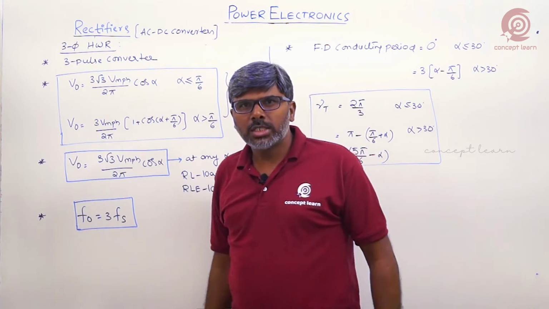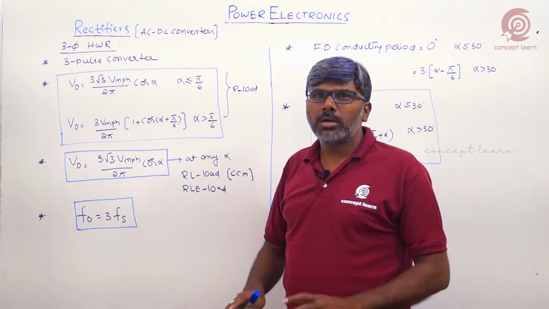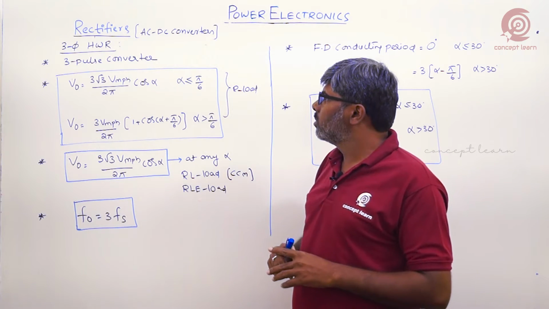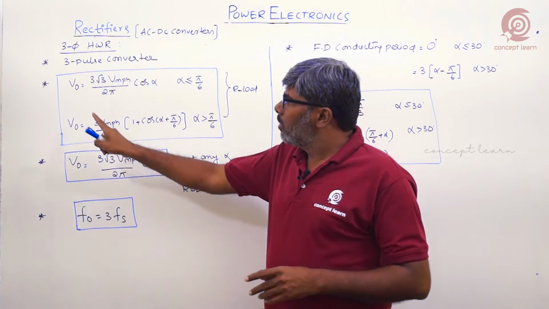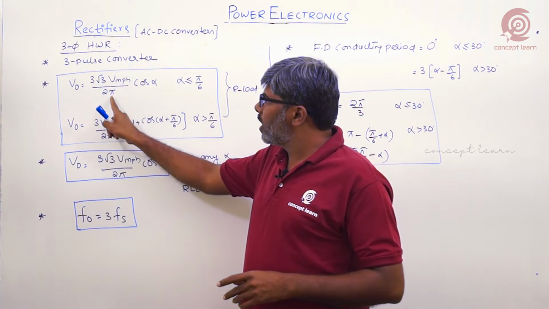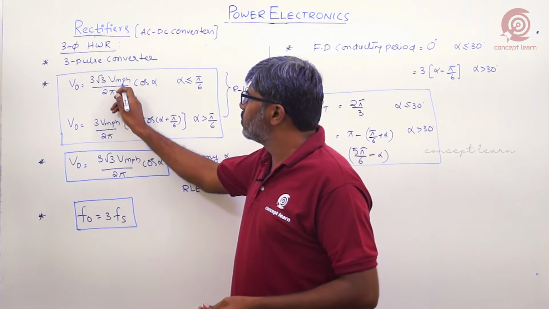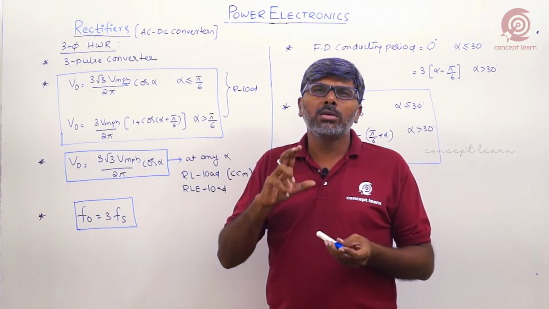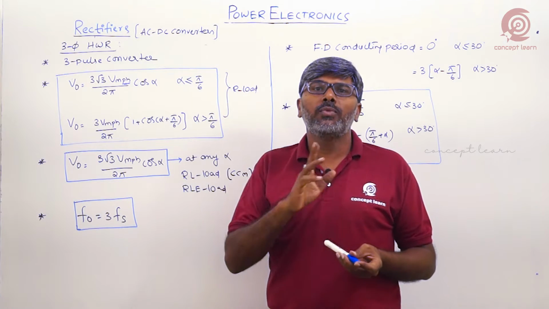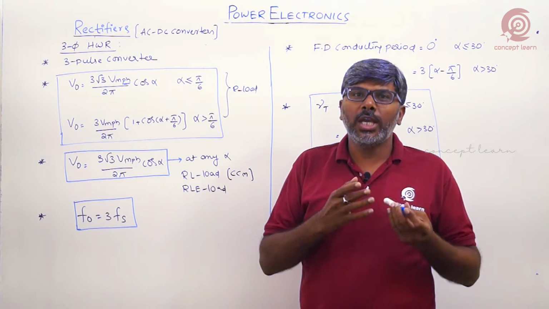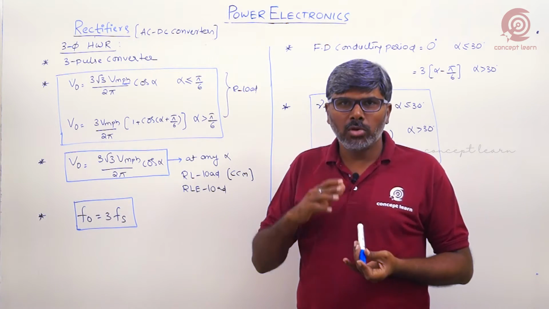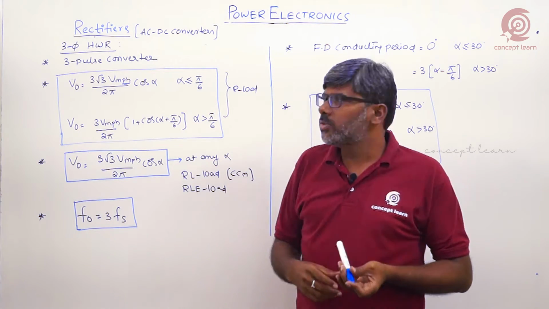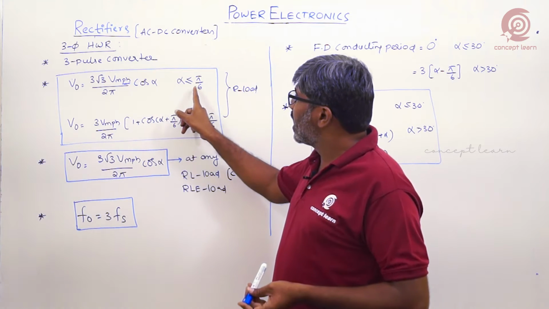When you come to the output voltage equations, we have two different equations for the resistive load based on the firing angle. V0 is 3 root 3 Vm pH by 2 pi into cos alpha. What is the pH? It is the phase voltage. So in case of a three-phase half-wave rectifier, the voltage across the load is always subjected to the phase voltage. V0 is VAN or VBN or VCN. So always subjected to phase voltage. That is why you must take the phase value, the maximum of the phase value. Fine. When alpha is less than or equal to 30 degrees.